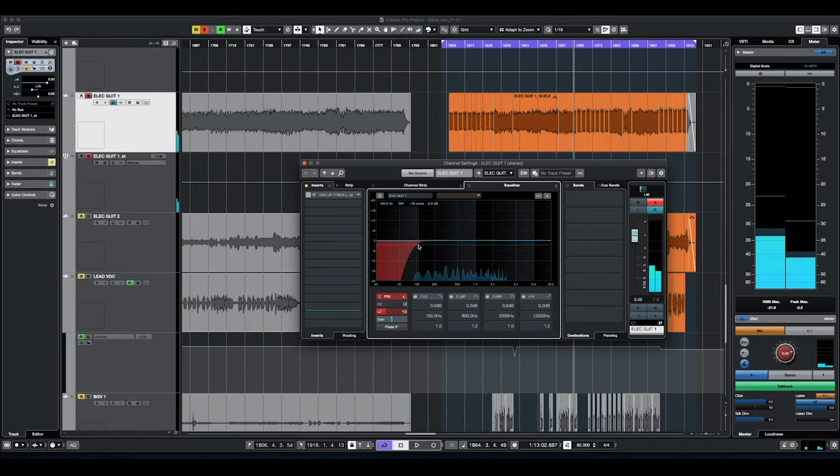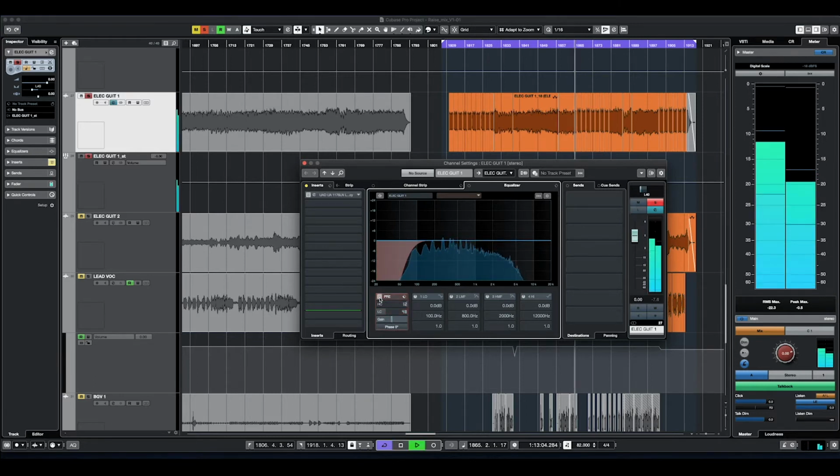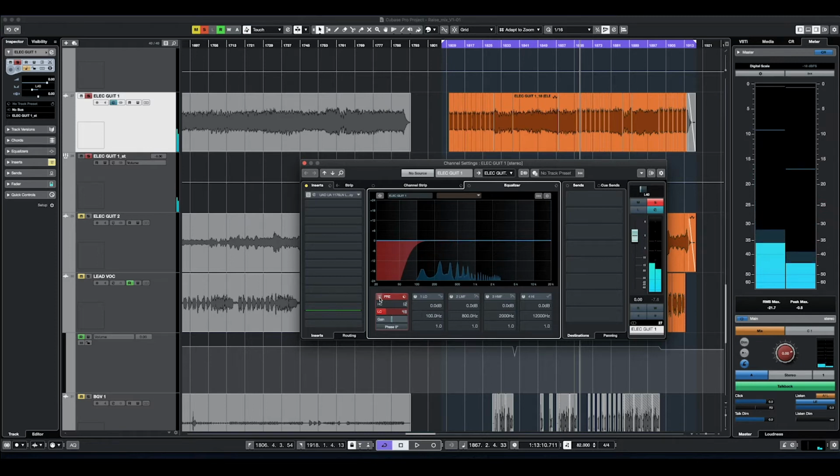The low cut starts right around 100, and it's a pretty steep slope. So it's going to cut off everything down there that I just don't need anyway. I'll show you with it on and with it off. So it's not damaging the sound at all. It's just cutting out things that we don't really need to occupy that space. The next thing I did